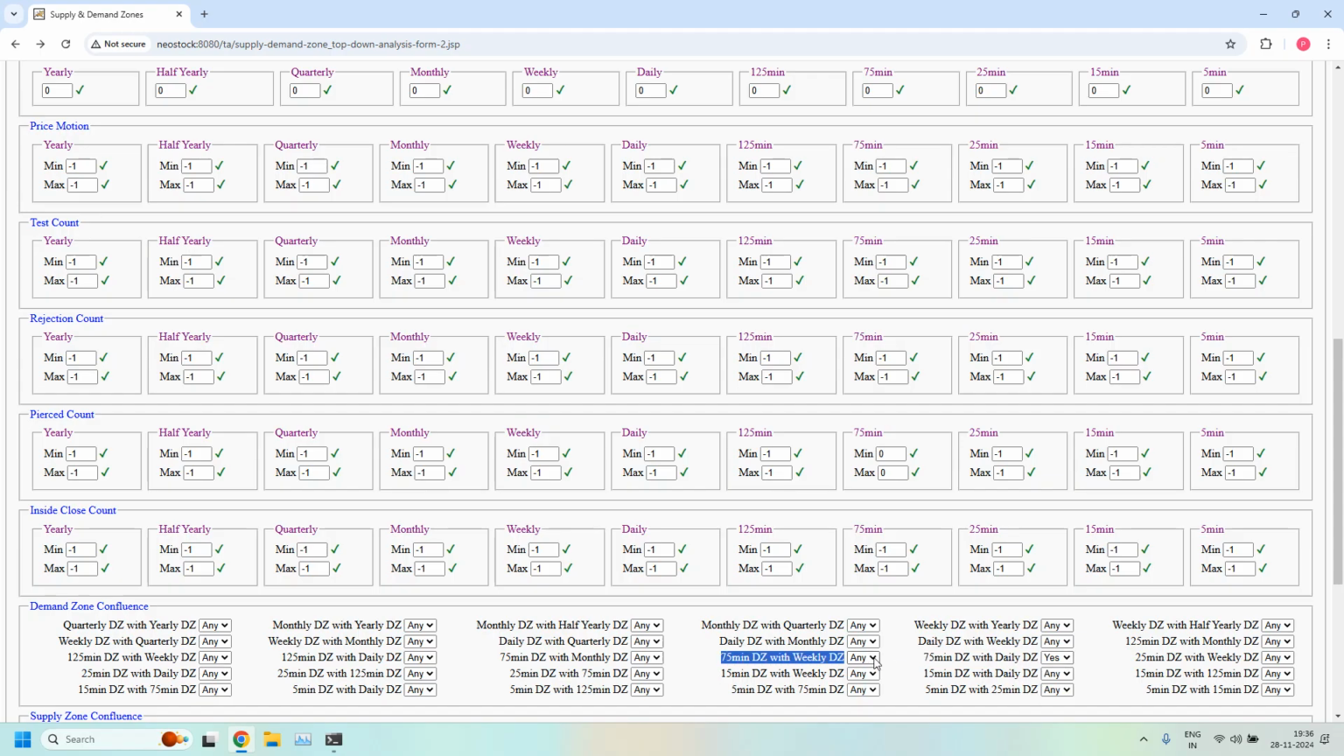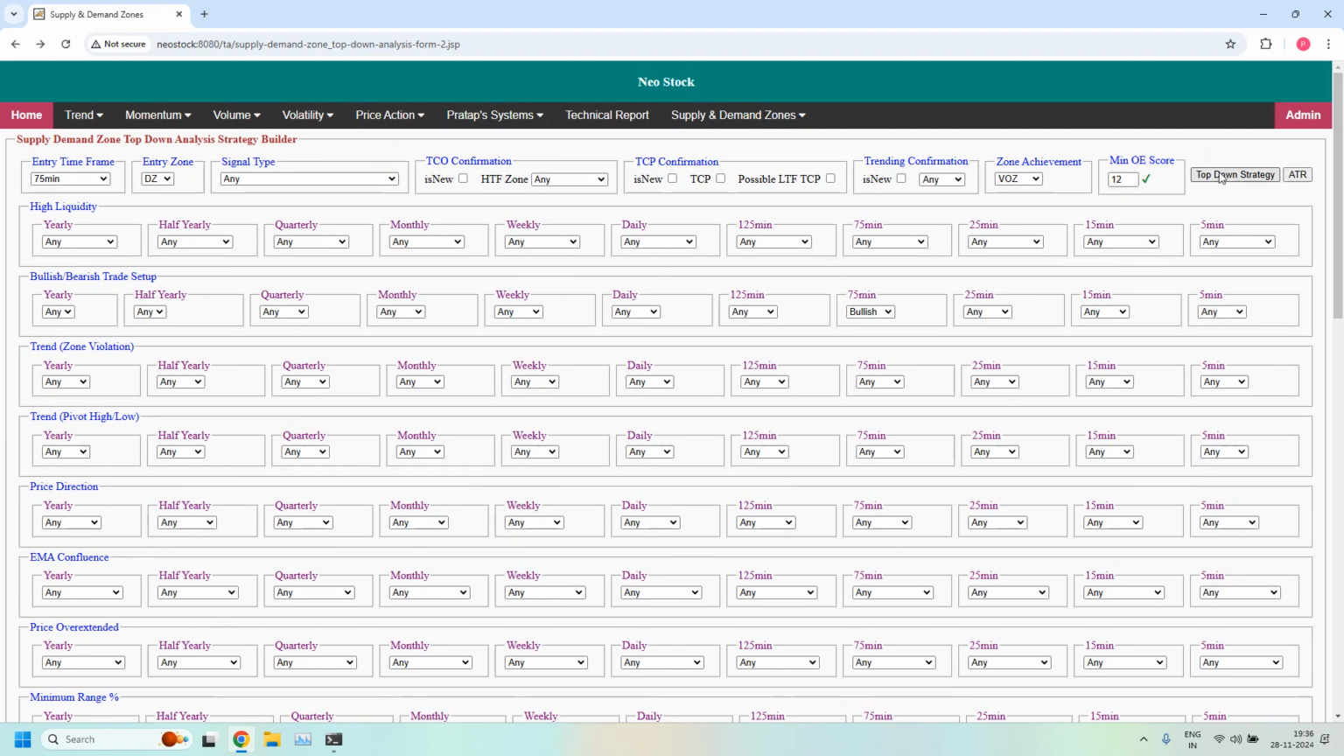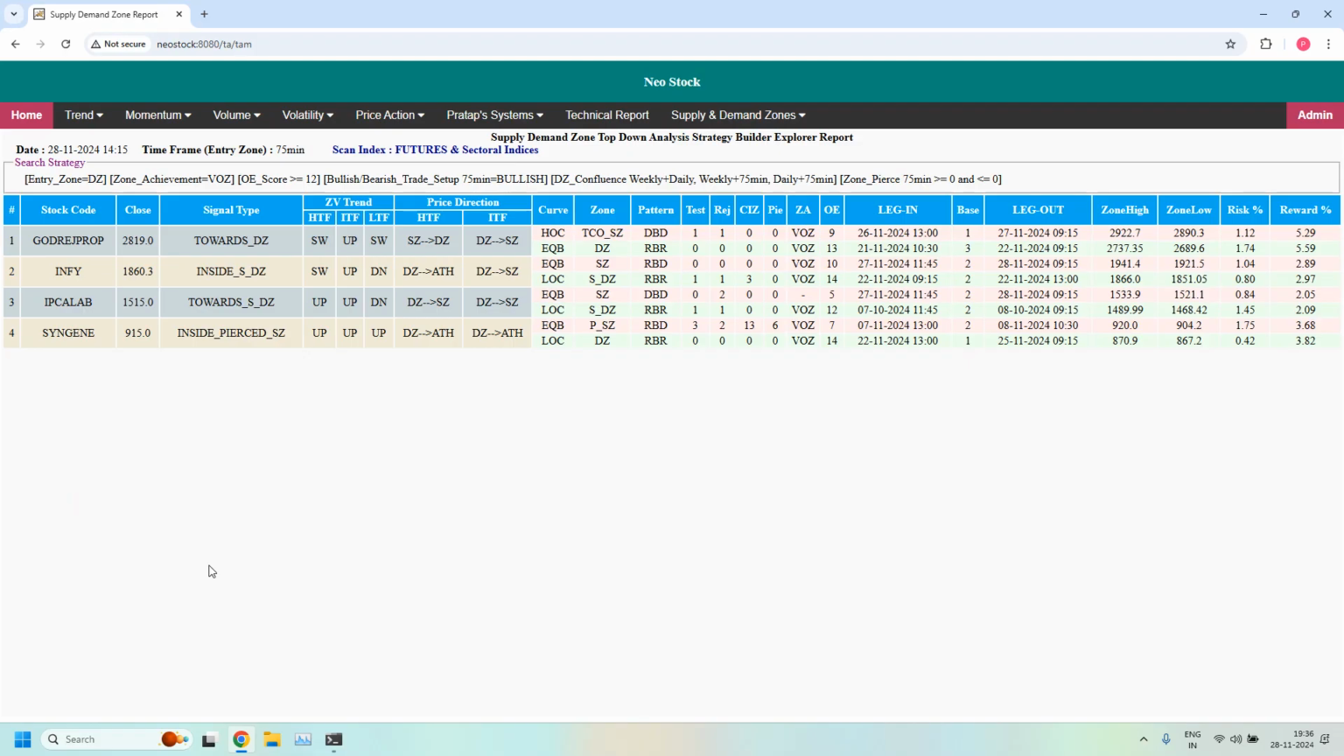Next, 75 minutes demand zone with weekly demand zone confluence. Daily demand zone with weekly demand zone confluence. All the 3 filters are enabled. With these 3 filters, LTF, ITF, HTF demand zone confluence, we got 4 stocks. In all these 4 stocks, the entry time frame,